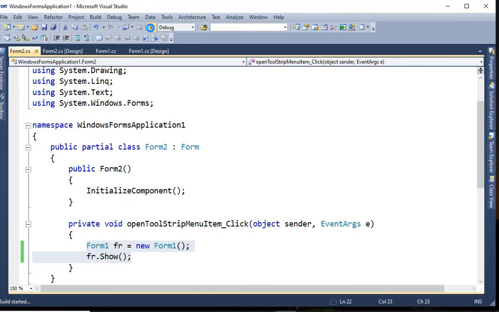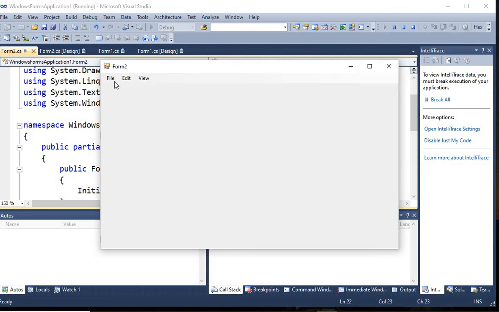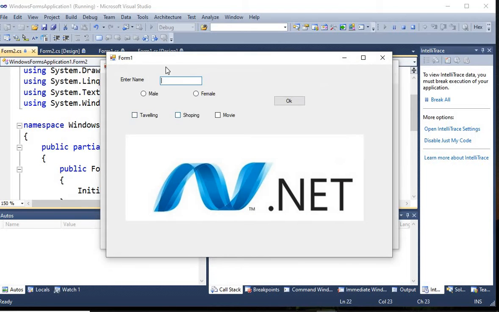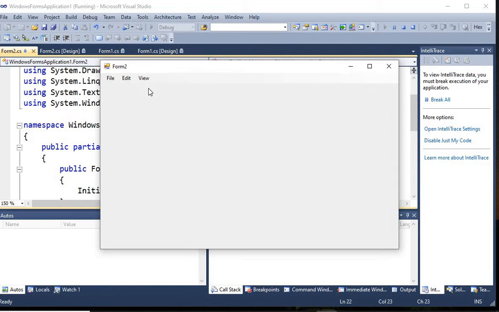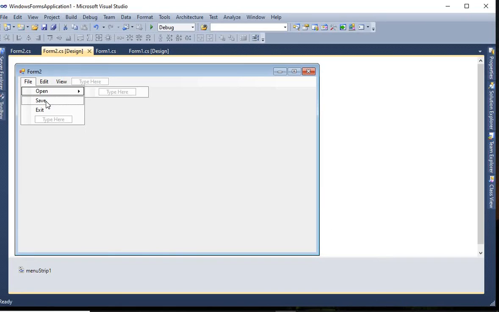Just run it and we will check whether it is working or not. File, Open, then Form1 is open over here. You can see this. I have not written code here, so this one is not working, but for the menu item in which you have done the coding, you get the output based on the coding.